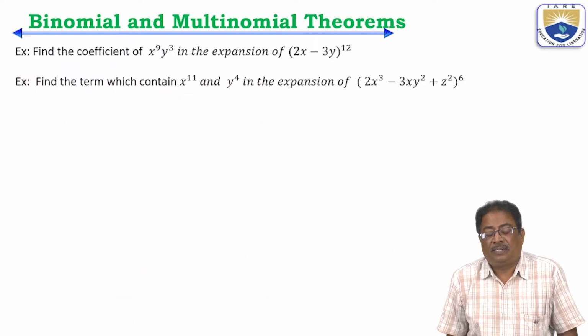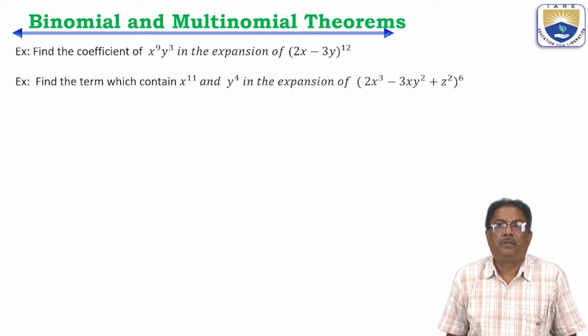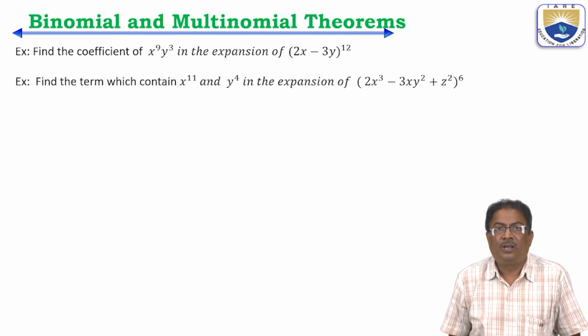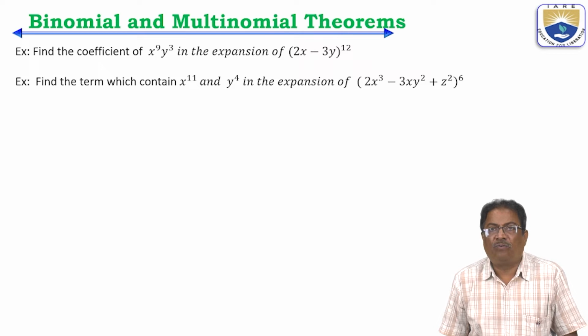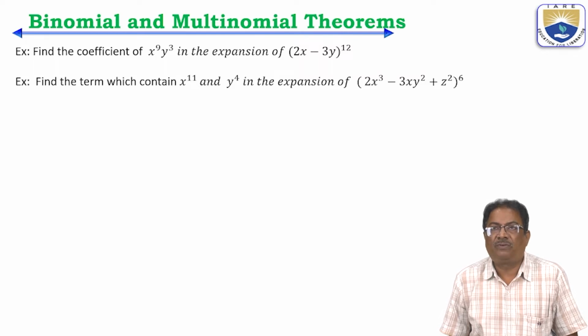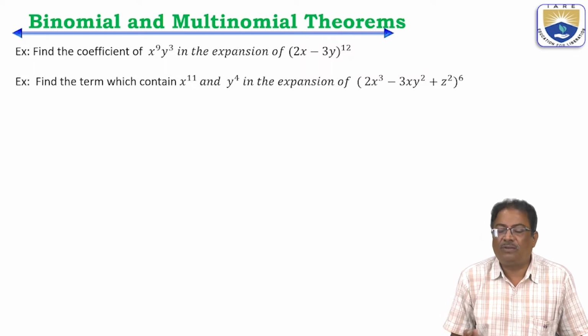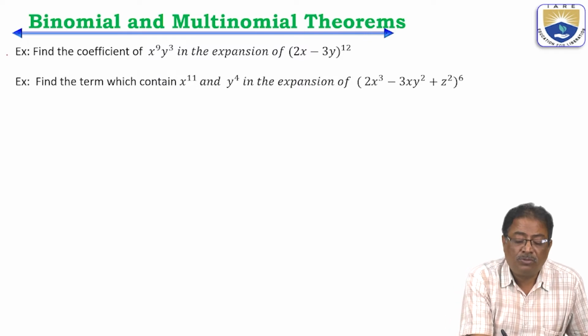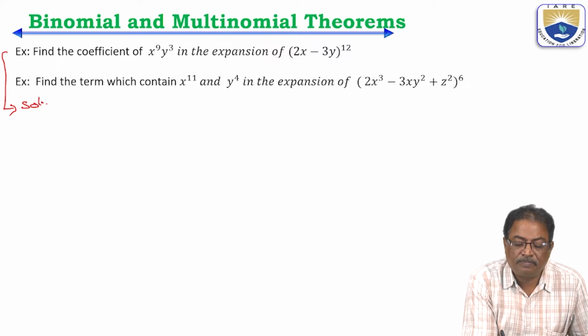Now let us consider solving some more problems related to the binomial or multinomial theorems. Find the coefficient of x to the power of 9 y cubed in the expansion of (2x minus 3y) whole to the power of 12. So, considering the solution,